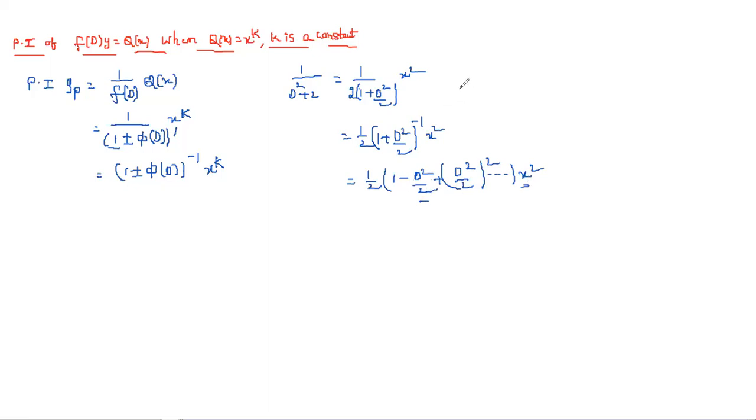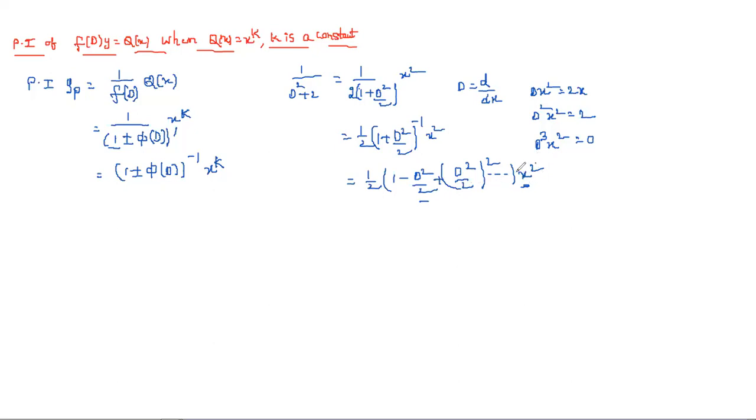D represents what here? D is nothing but the derivative, right? D by dx. So what is the differentiation for 2 times? For x squared, the 1st derivative is 2x, the 2nd derivative is 2, and from the 3rd derivative onwards we get 0. It means from the next derivative onwards, the entire term becomes 0. So that's why we take the expansion up to only the first 2 terms and neglect the remaining series. Why? Because obviously the remaining terms become 0.